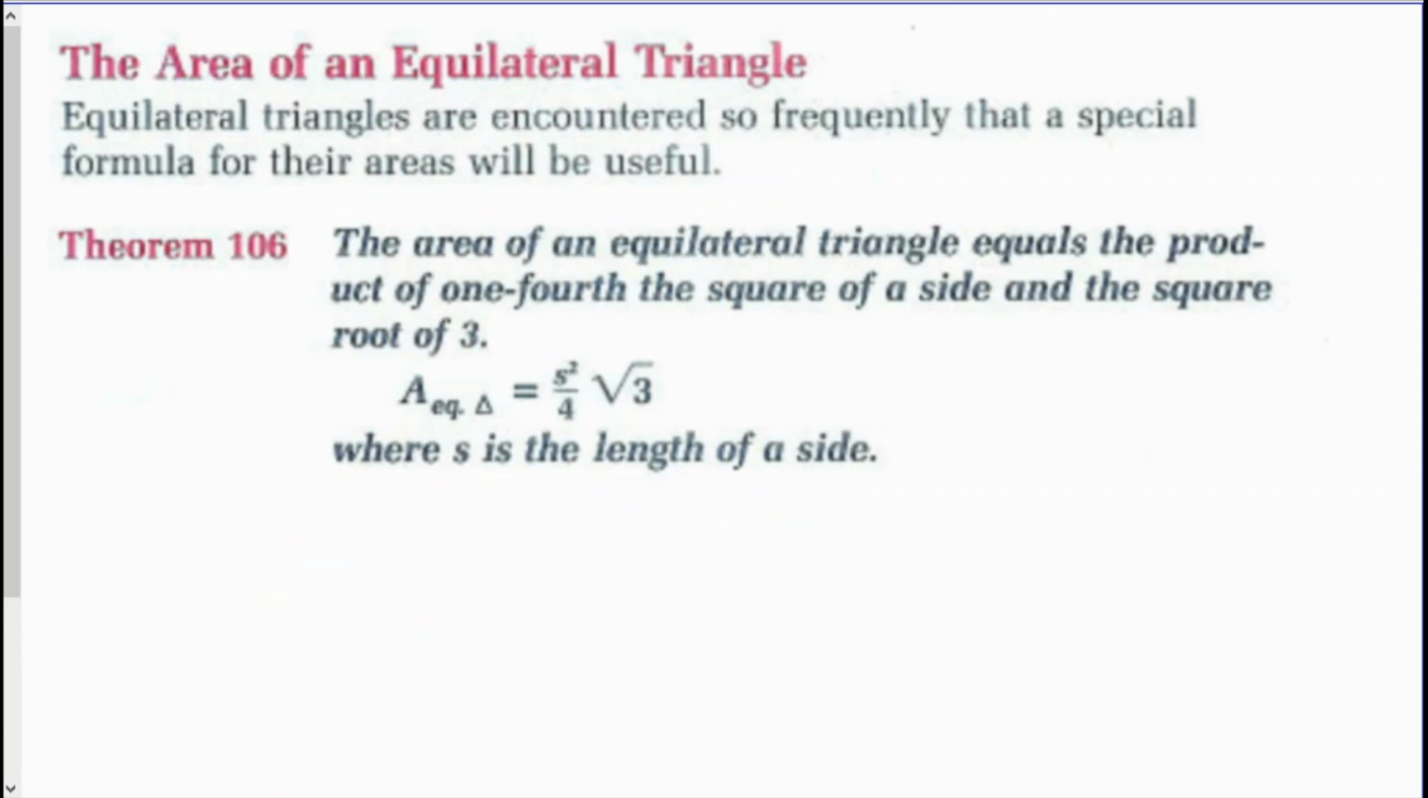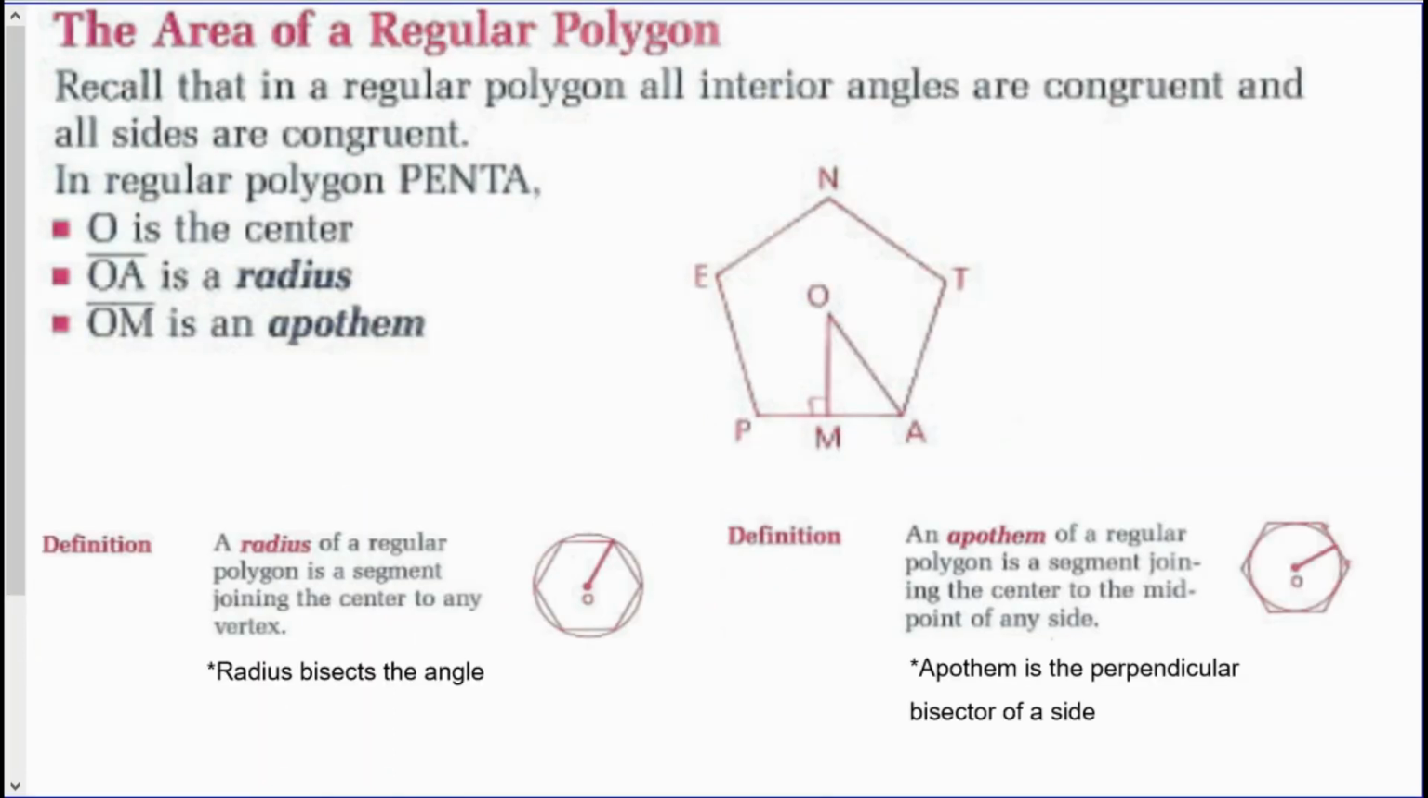So Theorem 106 states the area of an equilateral triangle equals the product of 1/4 the square of a side and the square root of 3. So the area of an equilateral triangle will equal side squared divided by 4 times root 3, where s is the length of a side. Now looking at the area of a regular polygon,